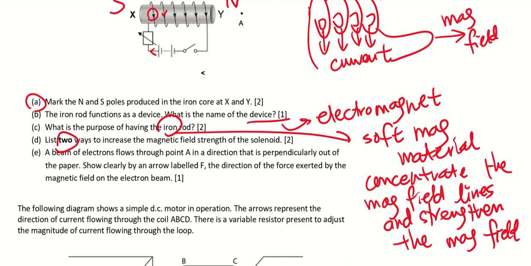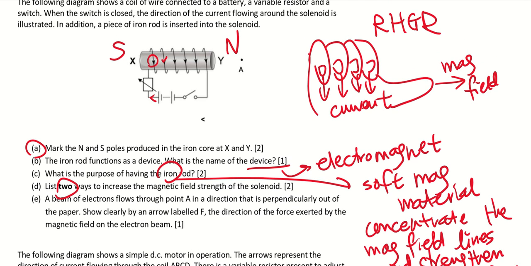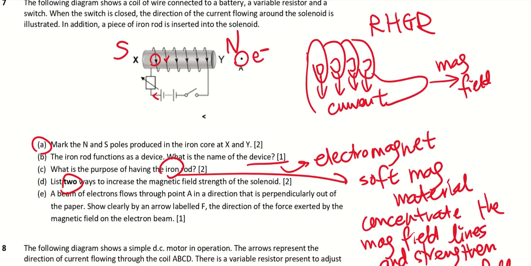Now, a beam of electrons flows through point A in a direction that's perpendicularly out of the page. So this is an electron beam coming out, right? And electron flow is opposite to current flow. So if the electron is coming out, then the current is going in the opposite direction. The direction of electron flow is opposite from the direction of current flow. Okay, so show clearly by an arrow labeled F the direction of the force exerted by the magnetic field on